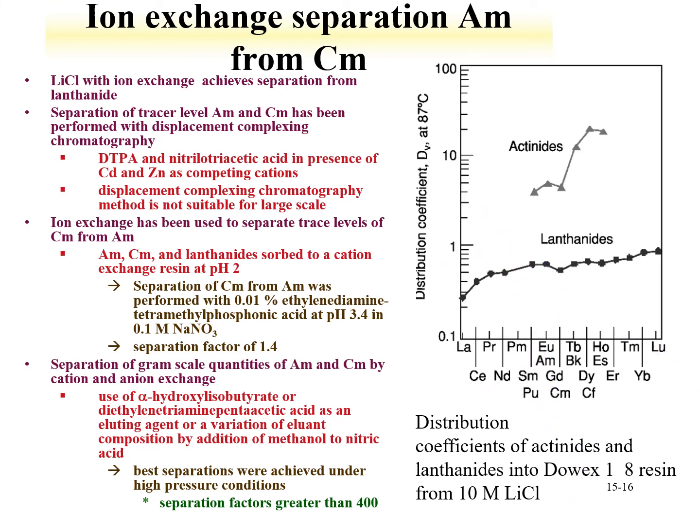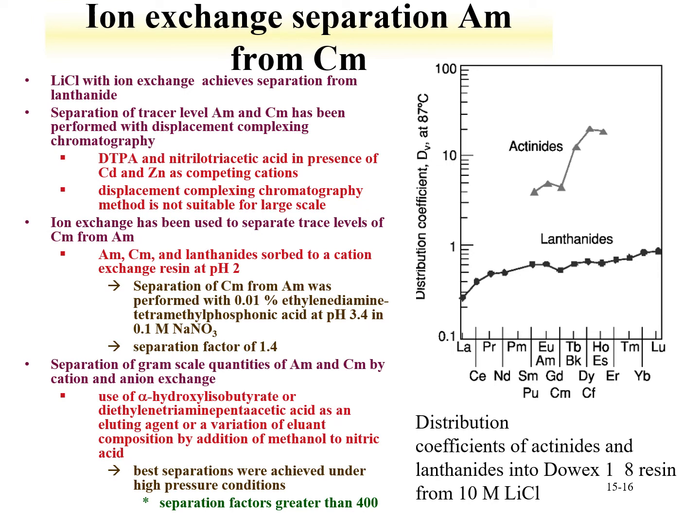So ion exchange has been used in two tracer type levels, one using a displacement complexing chromatography. It involves a two ligand system, two metals that act as competing cations. You use the slight differences in the complexation between americium and curium to achieve a separation. This method is somewhat cumbersome and complex, can be used on a small scale, but not particularly suitable to large-scale